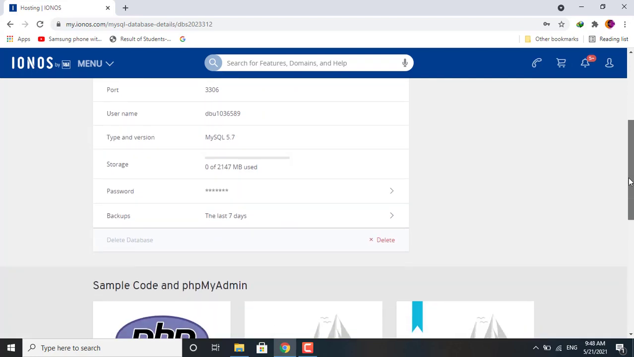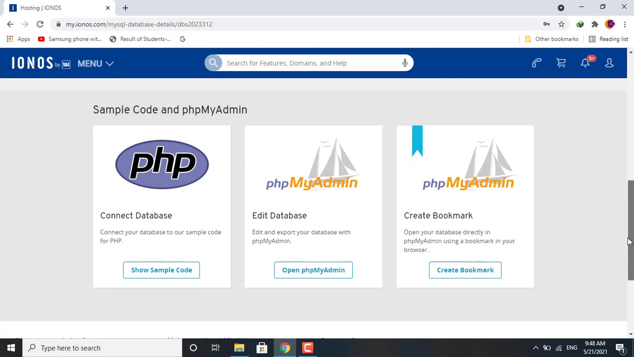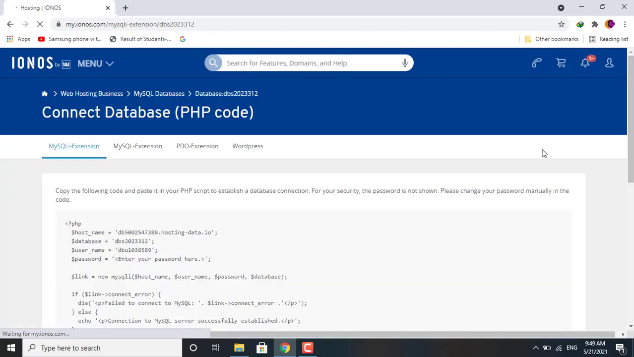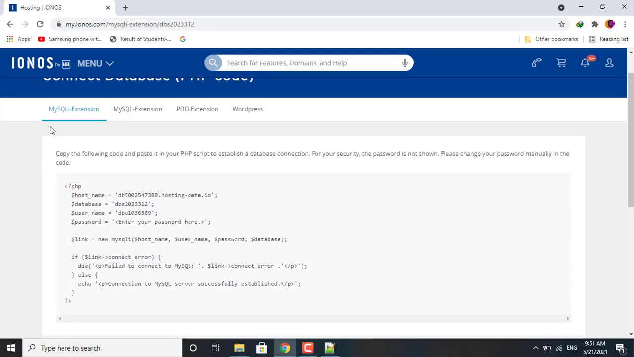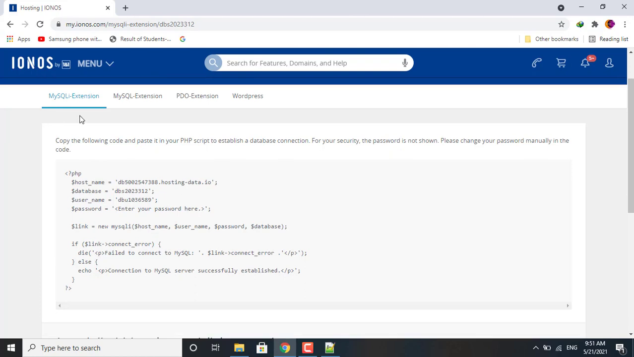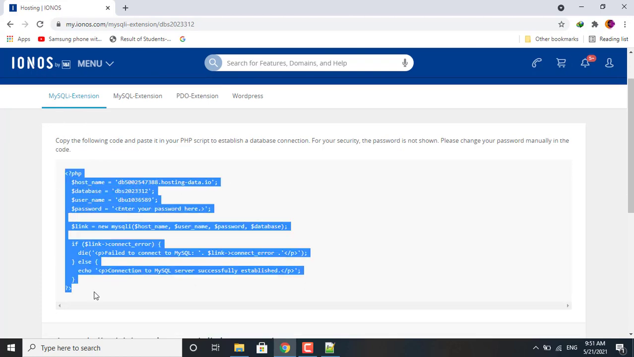It is very simple. Just scroll down and you will get a PHP option, which will say connect database with sample PHP. Click on it, and then it will show you the PHP code. Here you can find the PHP code. What we need to do is just copy this